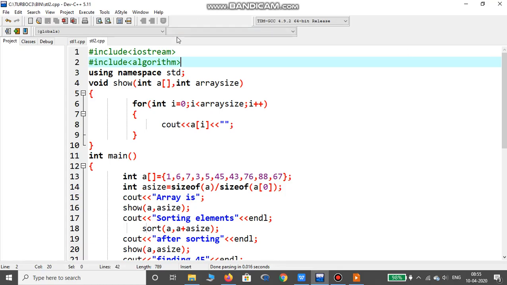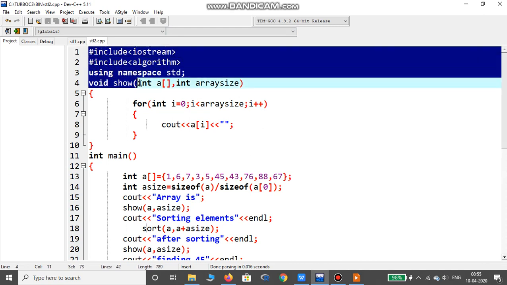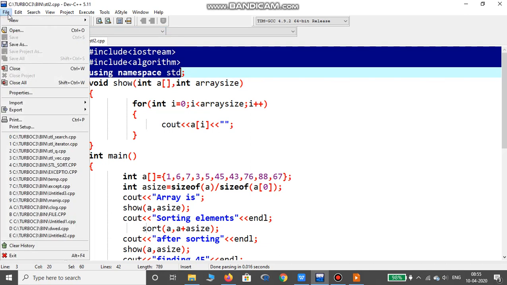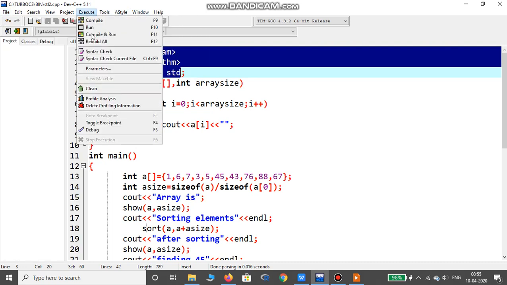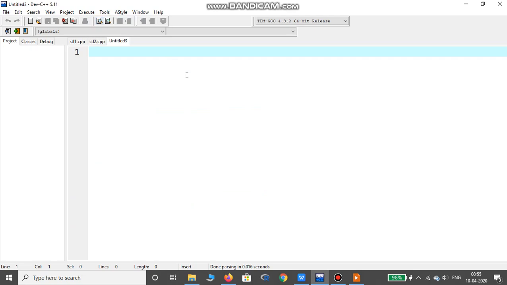So I'll copy this file because we are requiring it many times. So Control C, new source file. Okay,